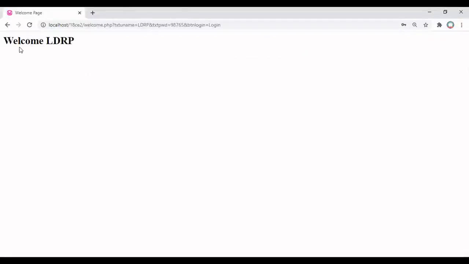Then we can see here welcome LDRP. So our data is transferred from one page to another page, but it is also visible here. So we can see here txt_uname is LDRP, ampersand txt_pwd, and btn_login is equal to login. So in this way, we can pass data from one page to another page with the help of get method.